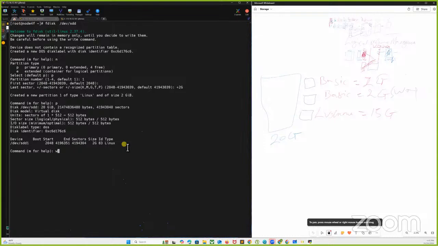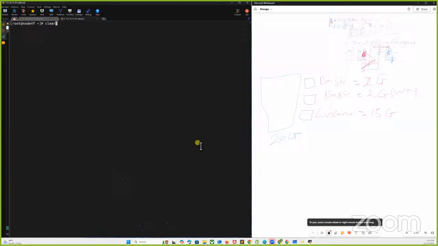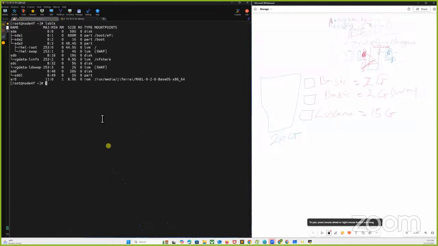Let me write and go out. Because if I do new again, it will come down and you will not see. Okay, good. It has created it. If I do LSBLK, you guys can see that there's SDB1. Let me clear my screen and do it again. You guys can see that there's SDB1, which is 2 gigs,